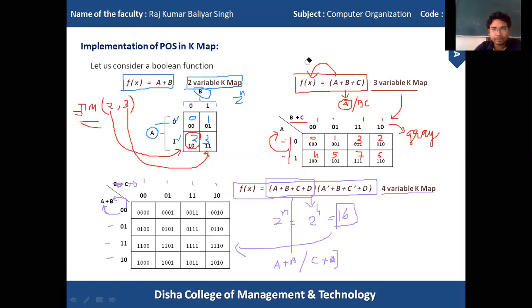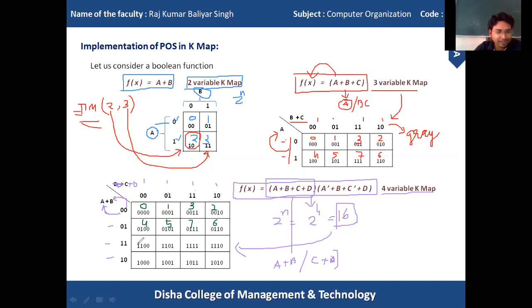One peculiar thing is that if we convert this binary number into decimal, its value is 0, this value is 1, this is 3, this is 2. Similarly, this one is 4, this is 5, this is 7, this is 6.